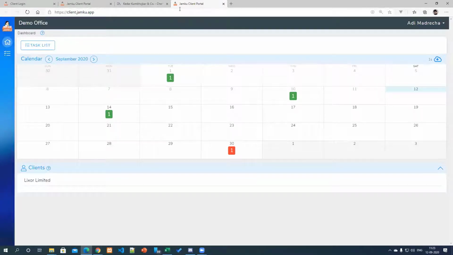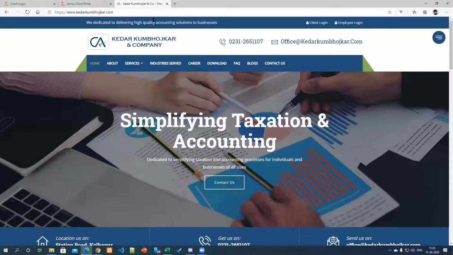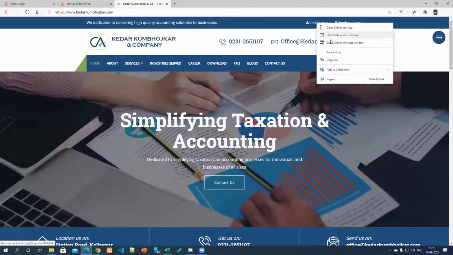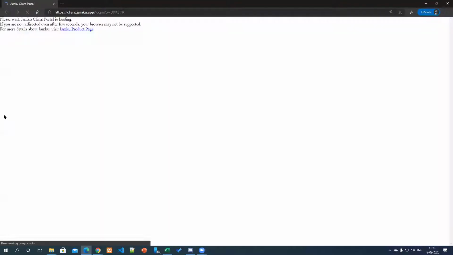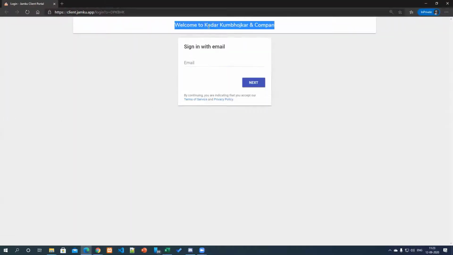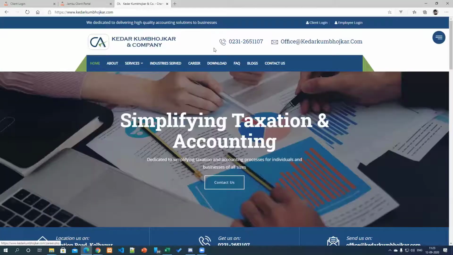Since I'm already logged in, it will not show me that exact thing, so let me open this in a private window. Like this. It is saying welcome to Kedar and Kumbhojkar and company. Even they have added the employee login, so the clients also know that they have a client login and an employee login. This improves the user experience of the client.